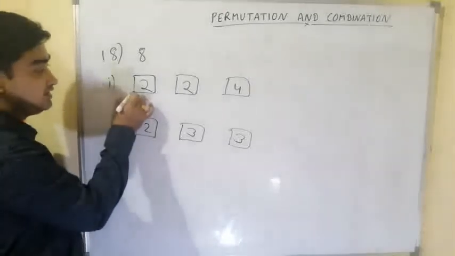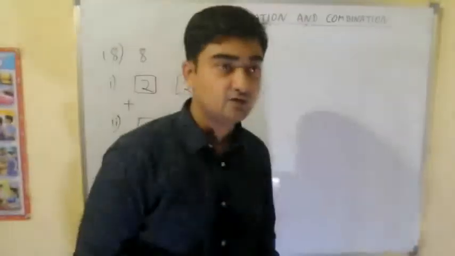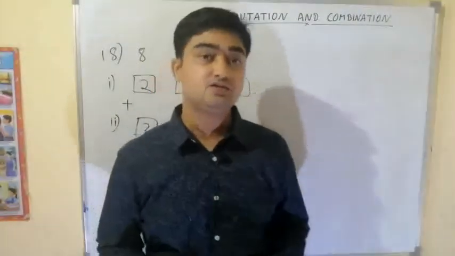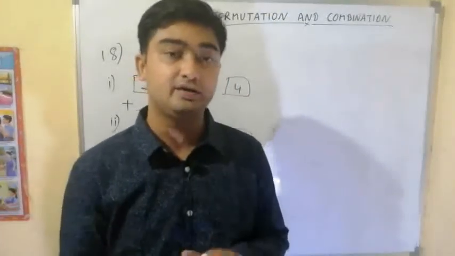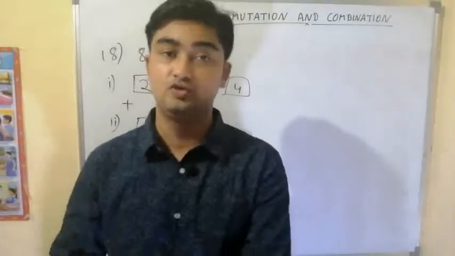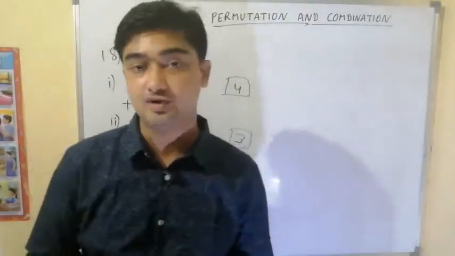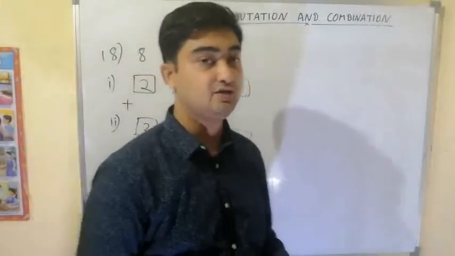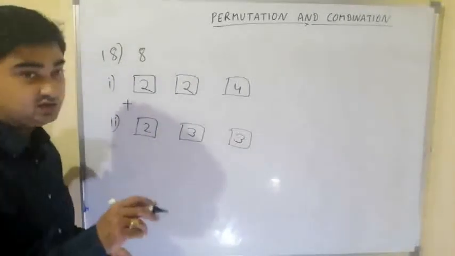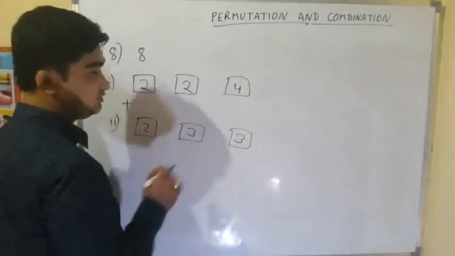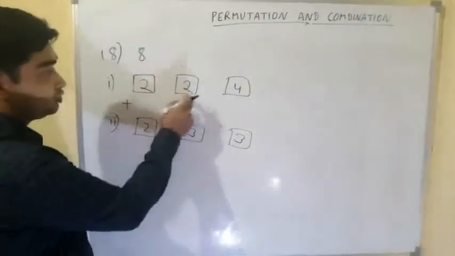First we will find the number of ways in which this division can be done. That is, first we will find the ways in which these books can be distributed in groups, and then after dividing into groups, we will distribute them to the students. In how many ways? There are 3 students. They can be arranged in 3 factorial ways. So after finding the number of ways in which we can divide into groups, we will multiply with 3 factorial to get the number of ways in which these books can be distributed.